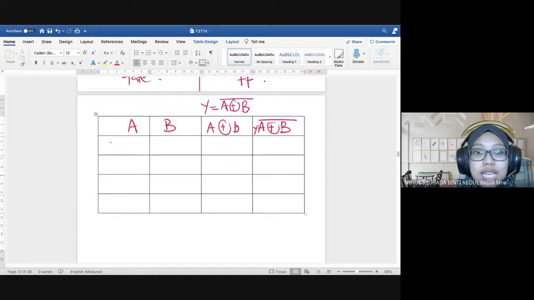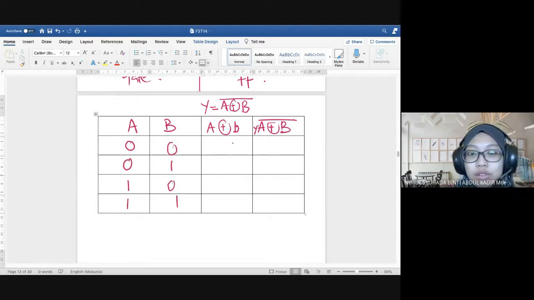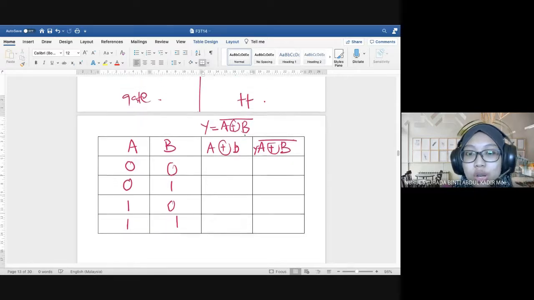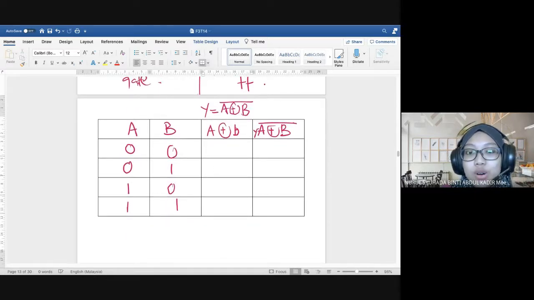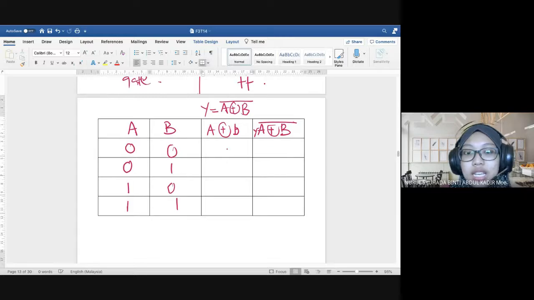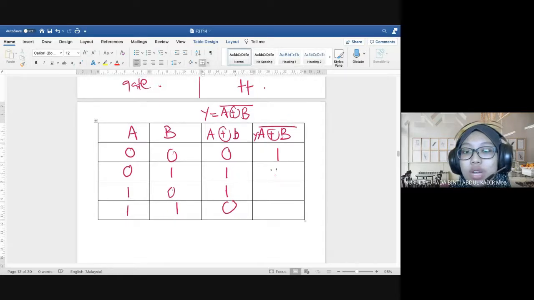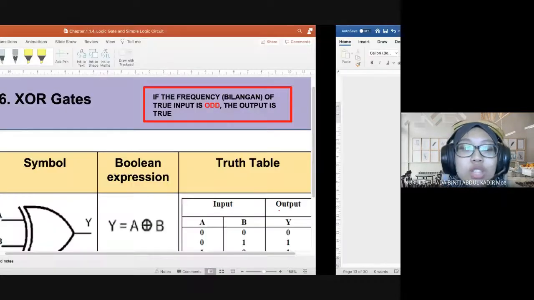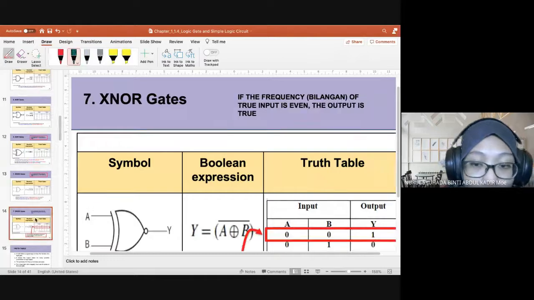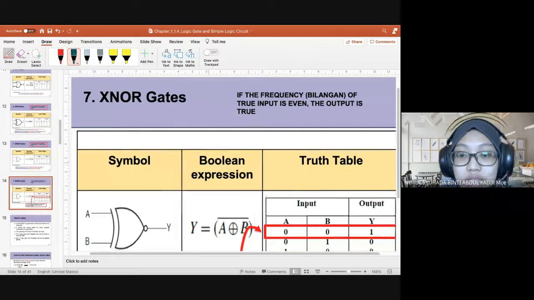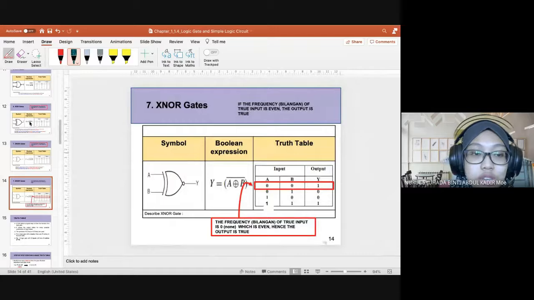So kalau dua, you dah ingat ni tadi, jangan salah, tak nak jumpa terbalik-terbalik. So kalau dua input, 0, 0, 1, 1, 0, 1, 0, 1. But for this one, exclusive or B, yang ini, kalau yang ni true, yang ini false. So you notkan dia sajalah, 1001. So kalau you tengok dekat lecture note,